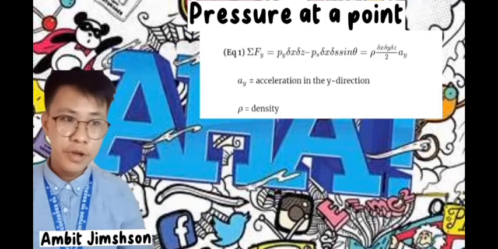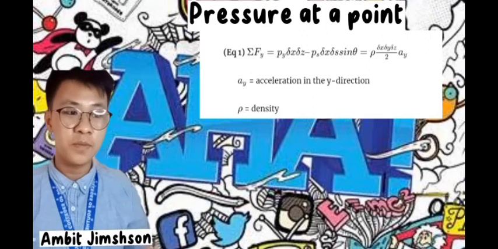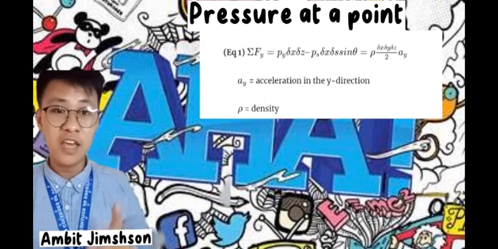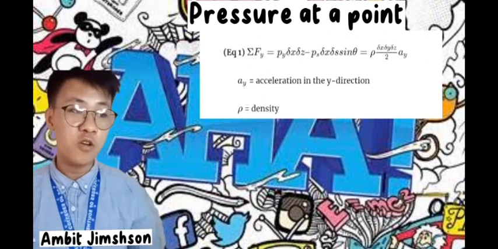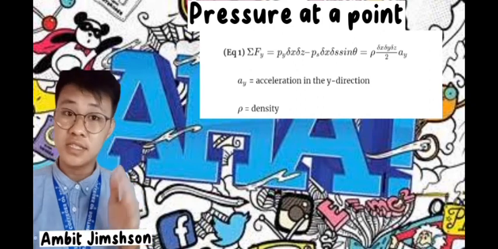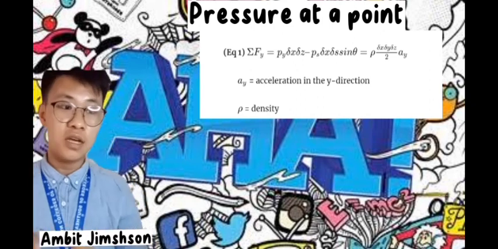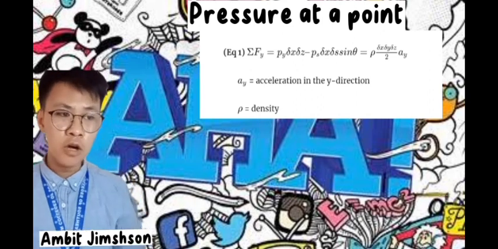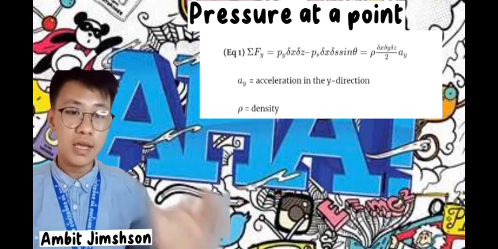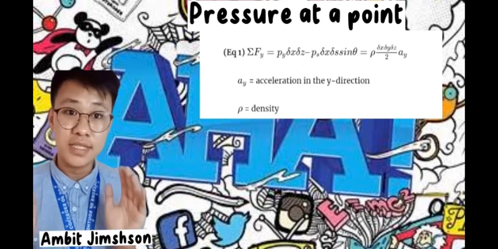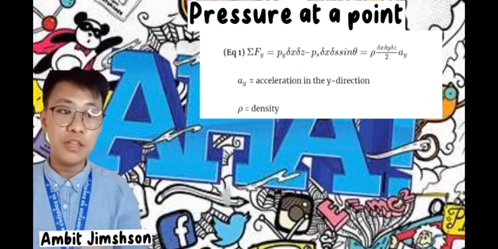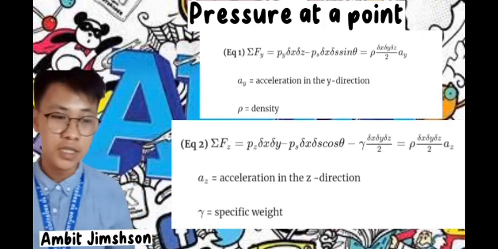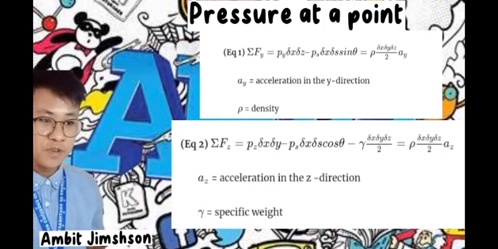So in other words, the summation of forces in the y direction, represented by sigma Fy, is equal to the product of Py and delta x and delta z, minus the Ps and the delta x and delta s times the sin of theta, all of which is equal to rho delta x and delta y and delta z squared divided by 2 times Ay. Now for equation 2, as you can see here, the summation of the force in